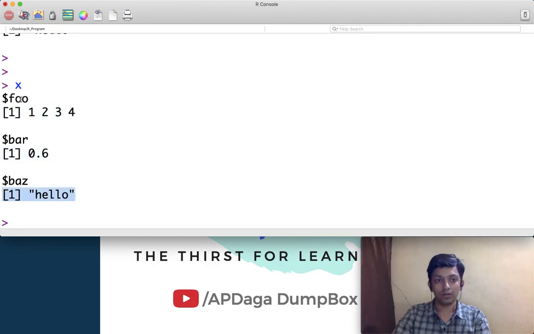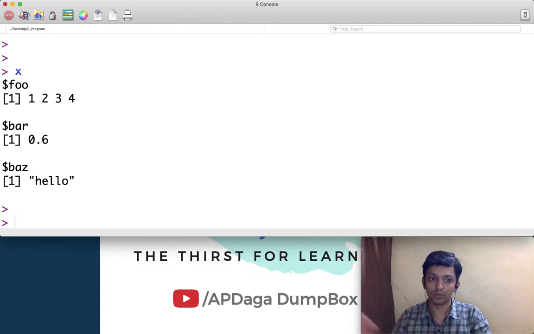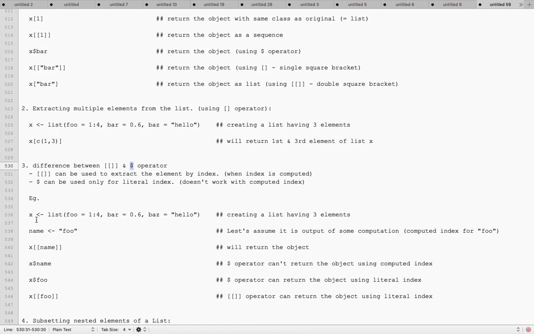Otherwise foo, bar and buzz can also be used as an index. But let's assume you have written a program in which, after some computation, you get a value, and you want to use that output as an index. That you cannot do using dollar. I'll explain it using an example once again.